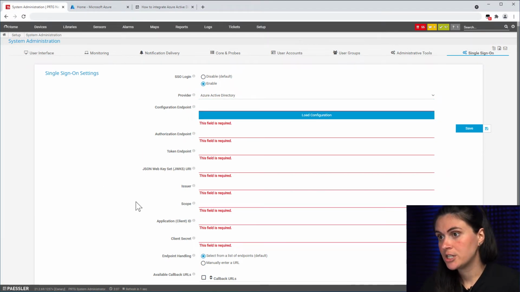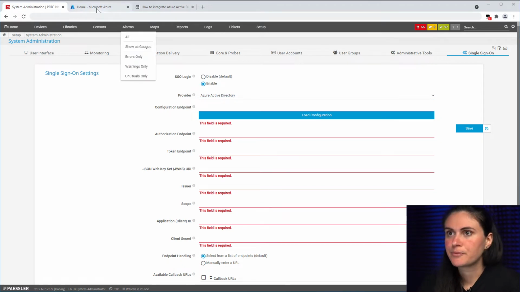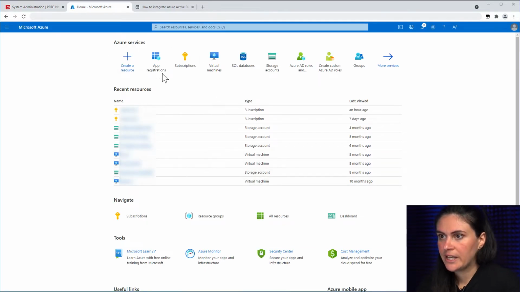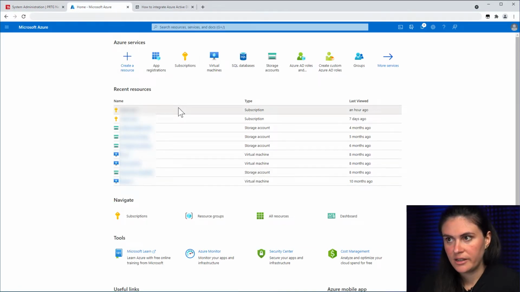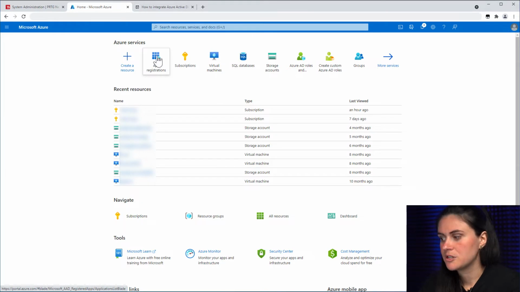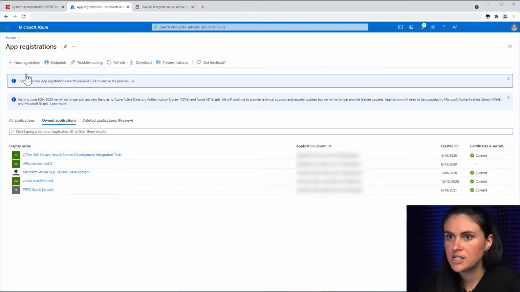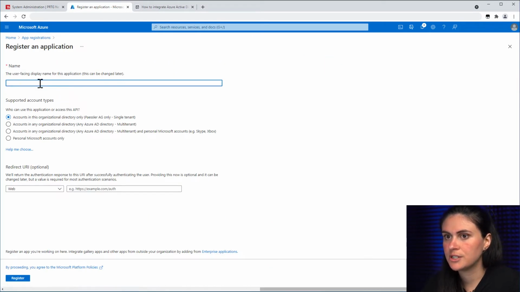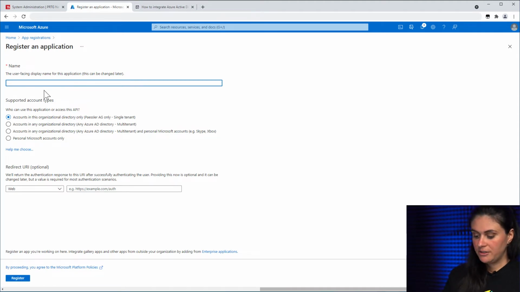And this information you can only get from after doing some configurations in the Azure portal. So let's take a look. So now I go into my Azure portal, and the first thing I need to do is create an app registration. So I go to App Registrations, I click on a new registration, and I need to give my registration